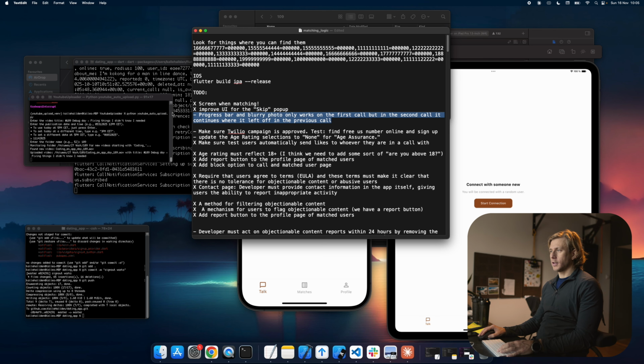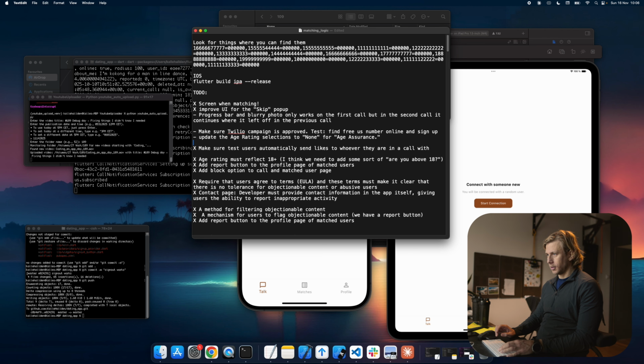Okay, and now let's fix this progress bar thing. And then we'll add another to-do, which is add voice response.